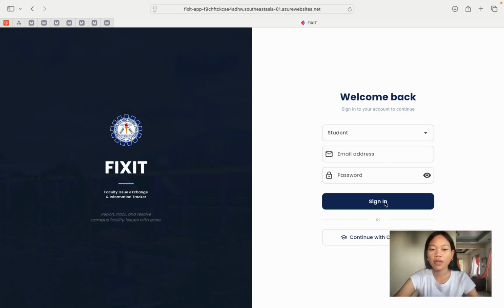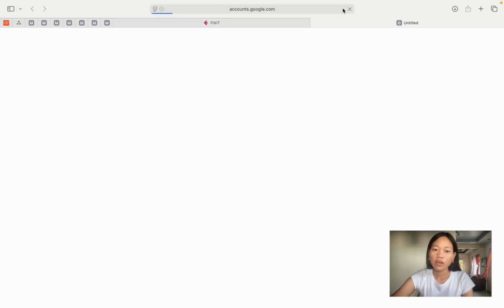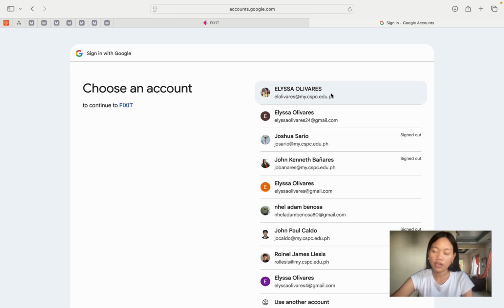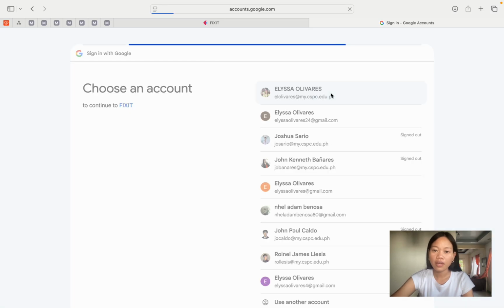Then, since this application aims to be used for the institution, it is highly suggested that we use our CSPC email. You have to click that. Then it will direct you to the accounts logged in on your laptop if you have. Then click continue.